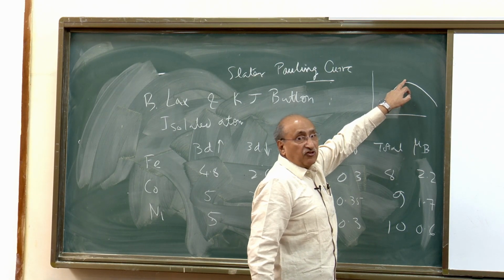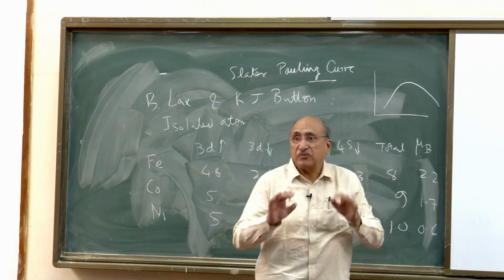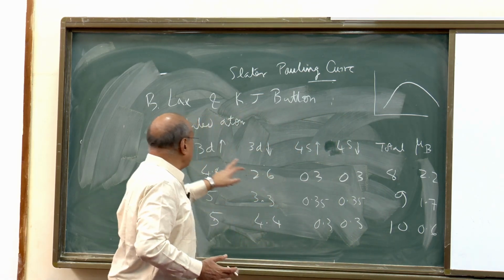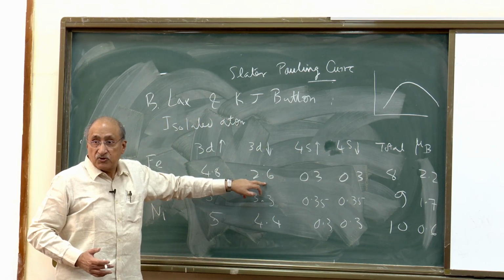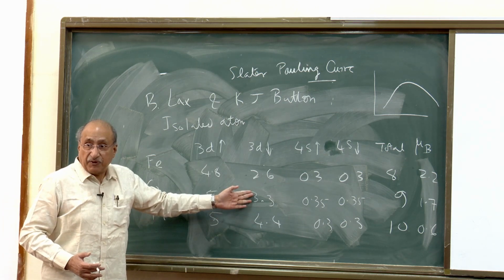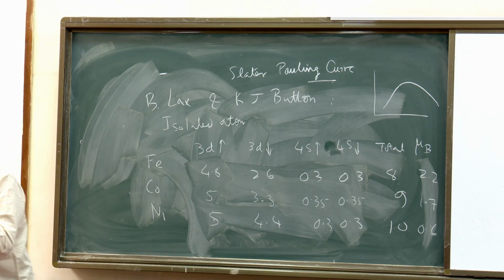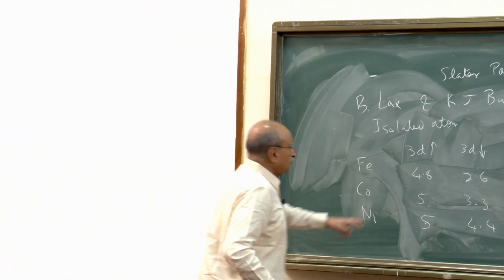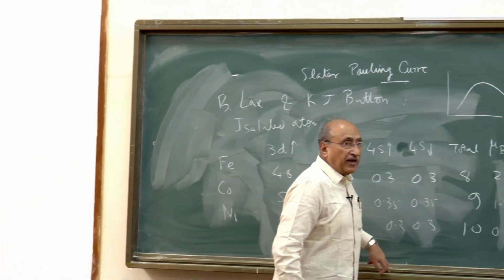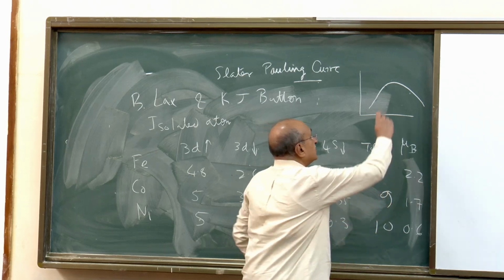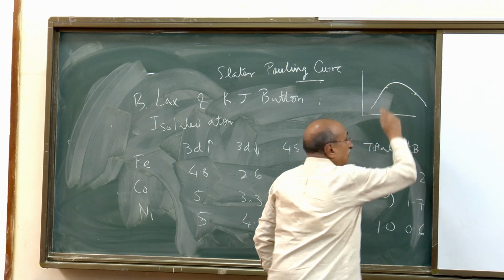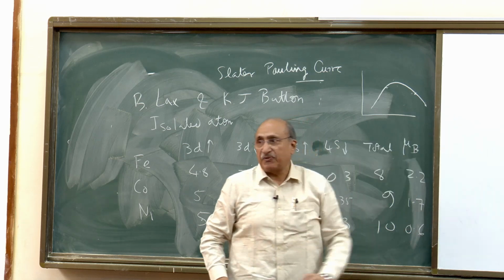Then immediately after that, one of the bands gets filled. Then, because all the electrons have to go to the other band, and the total magnetic moment is the difference between this and this, as this goes up, the difference will go down, and therefore the magnetic moment will drop off. So if I am just looking at iron, cobalt, nickel, I am looking at just 3 different points. One is here, another is here, and the third is somewhere here. But by making alloys, you can scan this particular curve,